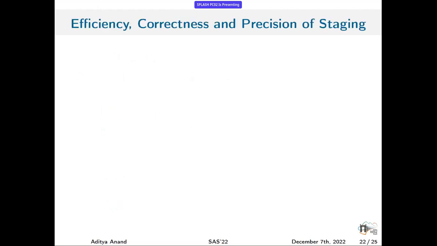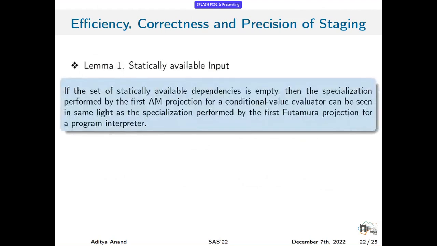Now coming to the efficiency, correctness and precision of staging. In the paper, we propose several lemmas and theorems, where the first important lemma says that if the set of statically available dependencies is empty, then the specialization performed by the first AM projection for a conditional value evaluator can be seen in the same light as the specialization performed by the first Futamura projection, which means that how we were performing the specializations